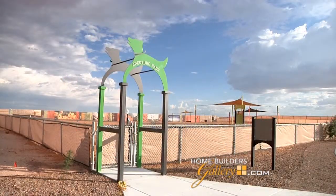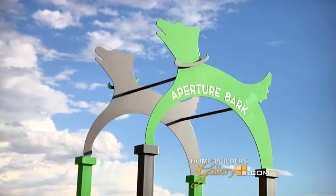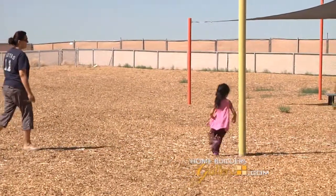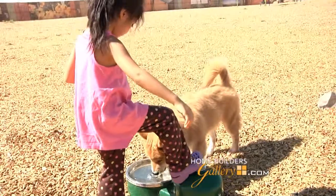Absolutely, let's do it. Well, Dave, one thing I know for sure is that the residents really love the amenities here at Mesa del Sol. They do, Richard. This year we've brought in a lot of amenities, including this 1-acre dog park we call Aperture Bark. And I don't know if people caught that, but it's Aperture Bark, not Aperture Park, which is very fitting because you can bring your dogs out here, let them run loose, have a good time,